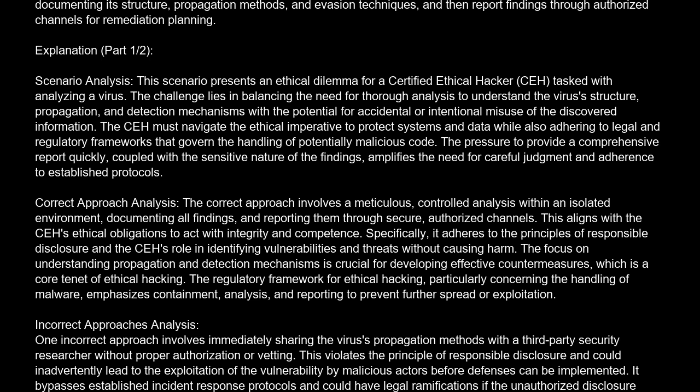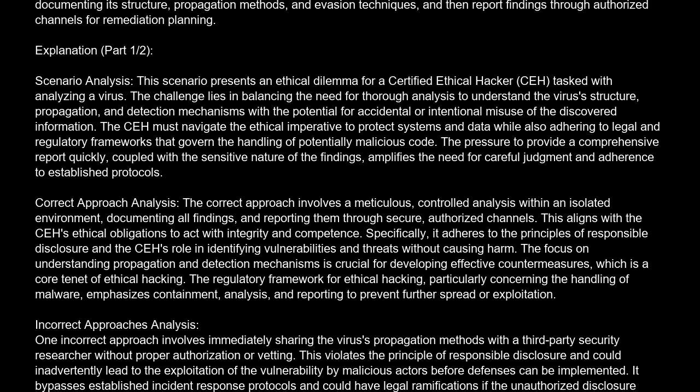Correct approach analysis. The correct approach involves a meticulous, controlled analysis within an isolated environment, documenting all findings and reporting them through secure, authorized channels. This aligns with the CEH's ethical obligations to act with integrity and competence. Specifically, it adheres to the principles of responsible disclosure and the CEH's role in identifying vulnerabilities and threats without causing